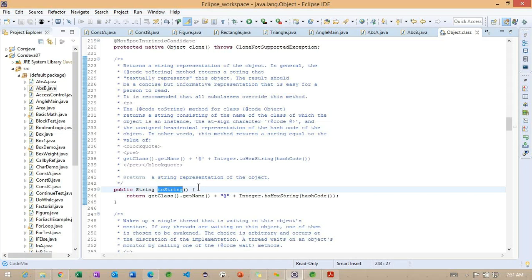So the equals and hashCode methods we are going to discuss in collections, and the remaining methods we are going to discuss in the multi-threading concept. But make sure you know what methods are available in the Object class. So this is also very important here. Getting the point?